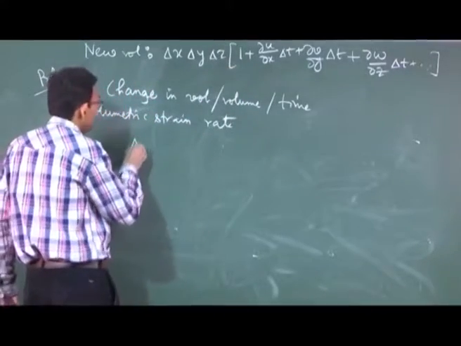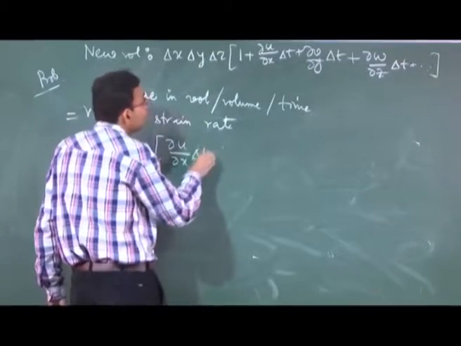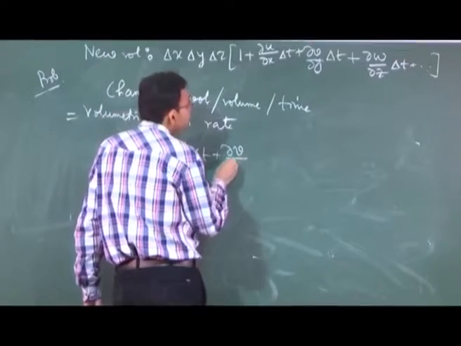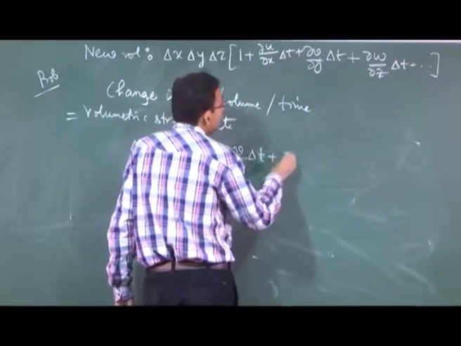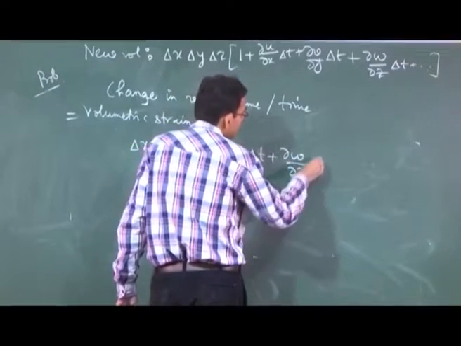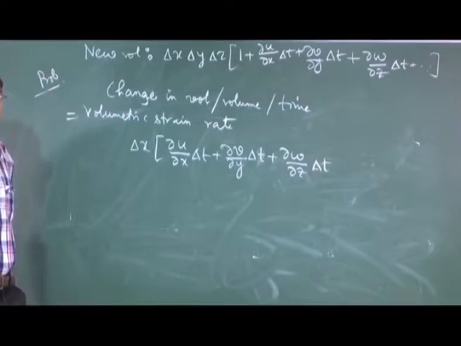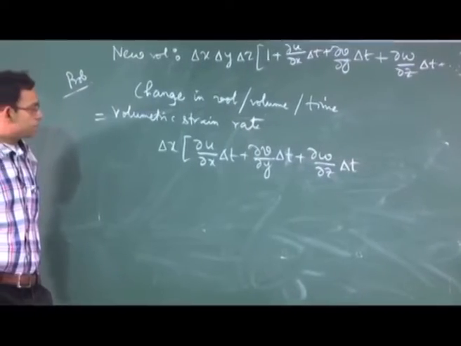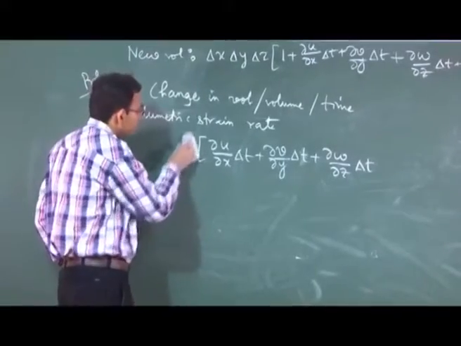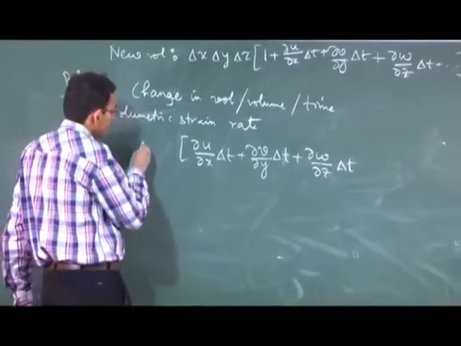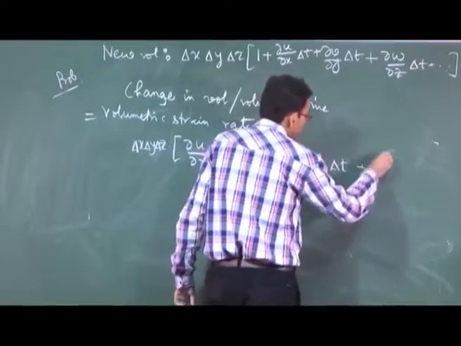So, that will be delta x into del u del x delta t plus del v del y delta t plus del w del z delta t, then, sorry, delta x into delta y into delta z plus higher order terms